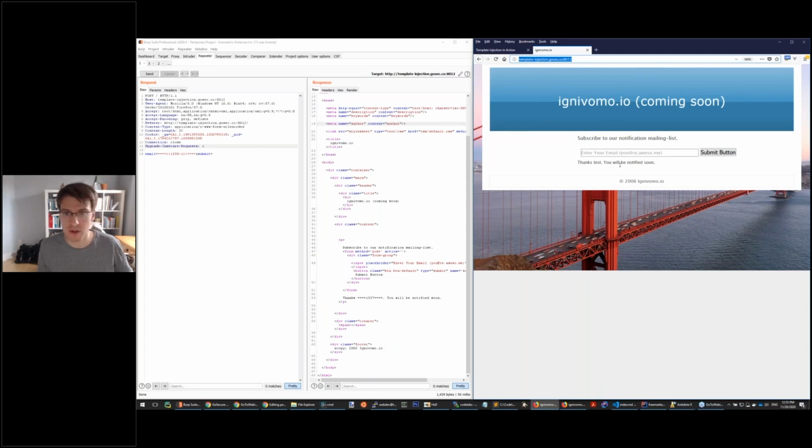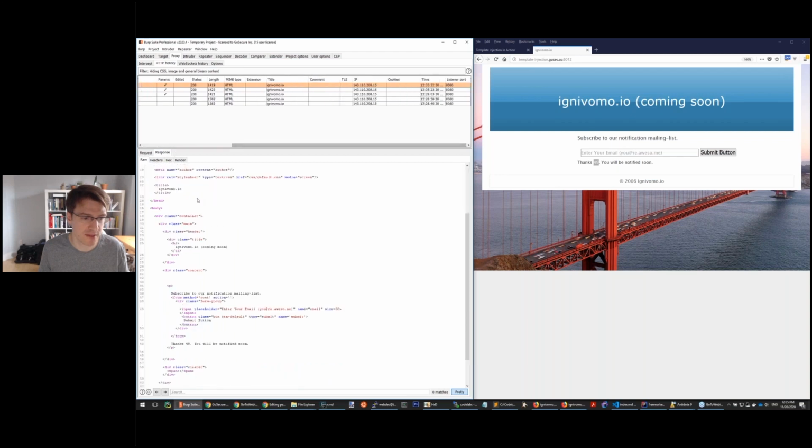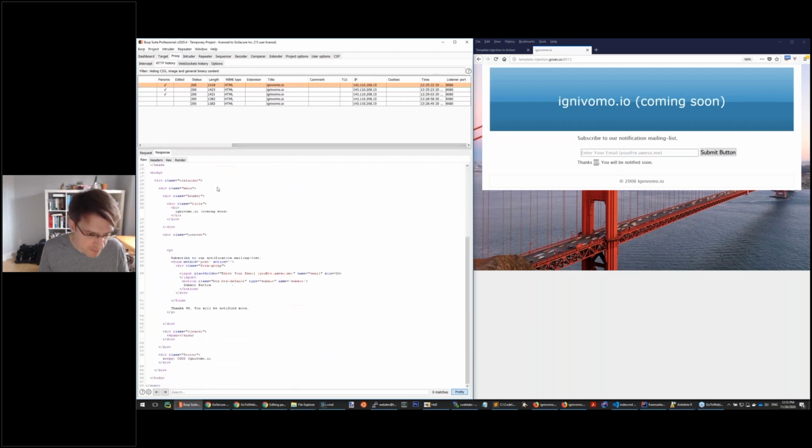So the first step is finding the injection point, finding where a template may potentially execute. Here, if I submit this, it's not working. But if I submit this, we can see that there's a result, and it's not executed client side. This is really executed server side. So if we look at the response, we should be able to see